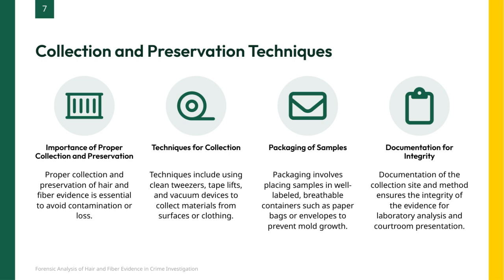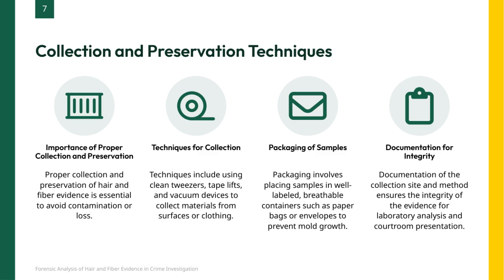Once collected, packaging plays a key role. Samples should be placed in well-labeled, breathable containers like paper bags or envelopes to prevent moisture buildup and mold growth. Finally, thorough documentation of where and how the evidence was collected is essential. This not only maintains the integrity of the sample, but also supports its credibility during lab analysis and any courtroom